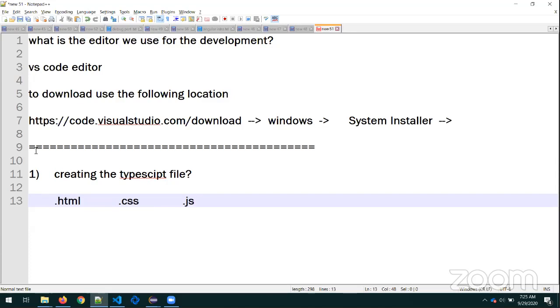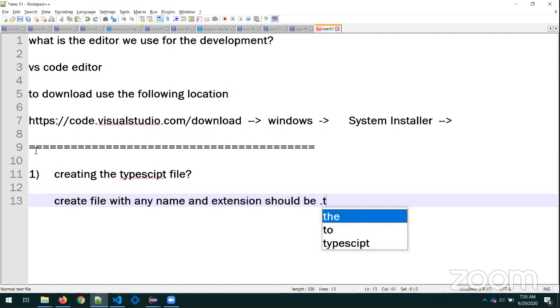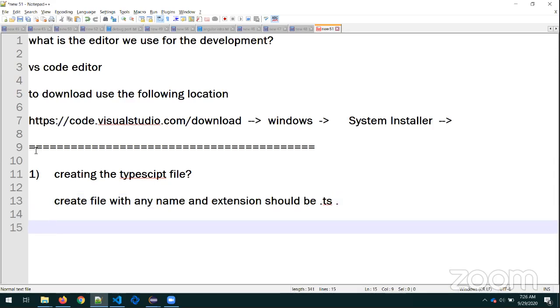If I want to work with a JavaScript file, what is the extension? .js. And in the same way, for TypeScript, you can easily imagine what the file extension is, sir. .ts. That is what the system is expecting. Create a file with any name, and the file extension should be .ts. So this is creating the TypeScript file. Once you create the TypeScript file, the next step would be